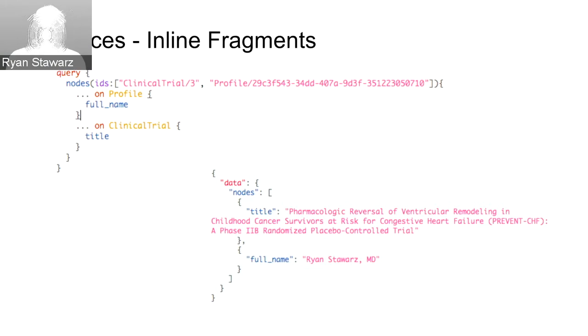So if you have a given object, you can refetch it and grab the latest version of it at any given time, just based on doing a node query. So this is pretty neat, but again, it's not really powerful. One of the things that makes it a little bit more interesting